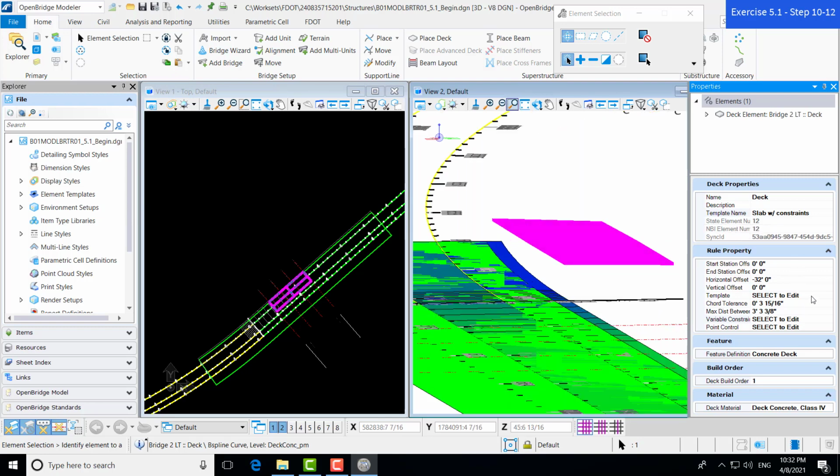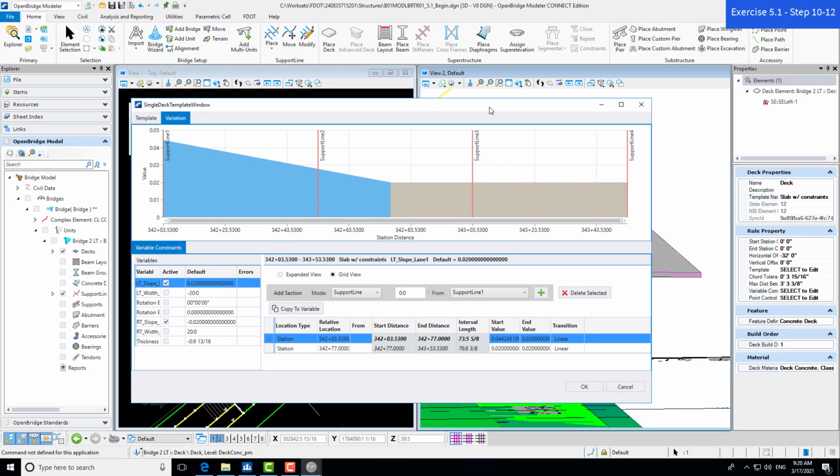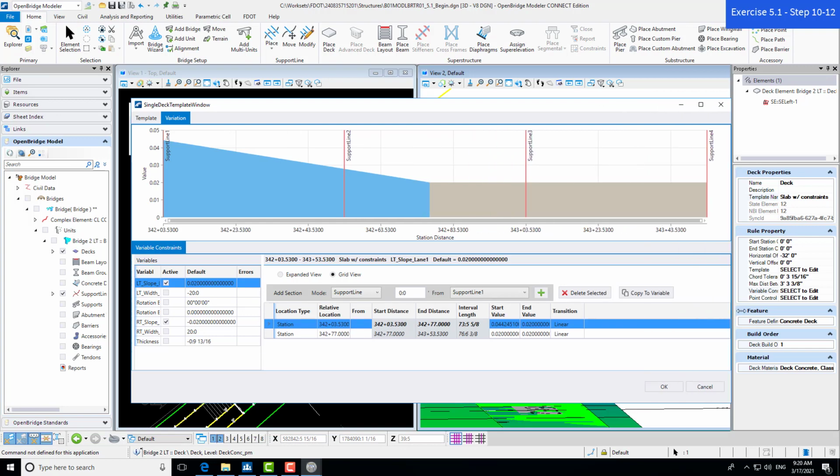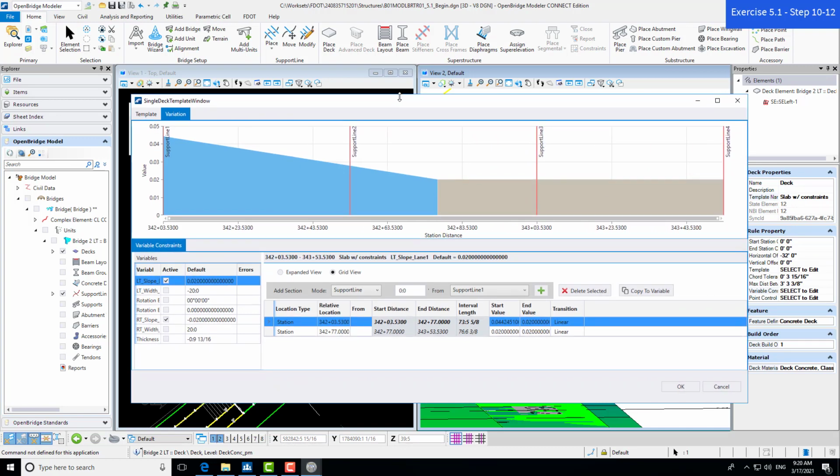In this particular case, we want to go ahead and change the variable constraints. So I'm going to go ahead and click the ellipsis, and it brings us into the variable constraint dialog box. This can be a little overwhelming when you first open it up. Again, there's a lot of information in the training manual about what's included here, the different sections and the different variables that are available. So we're going to go through this here and show you what those mean. But again, there's much more information available in the training manual.